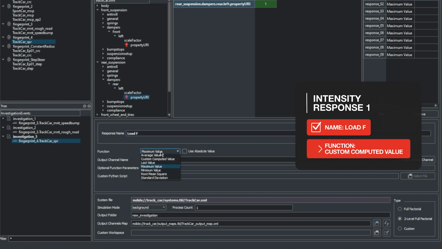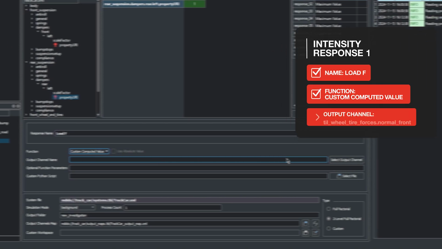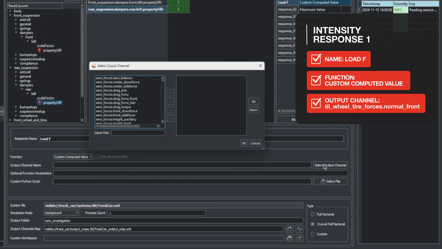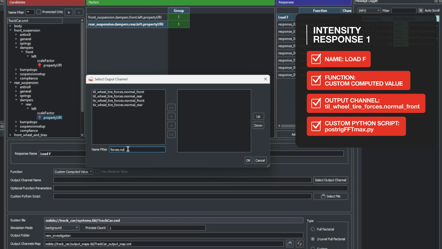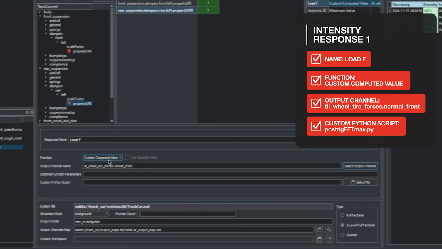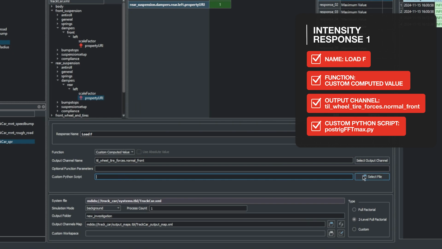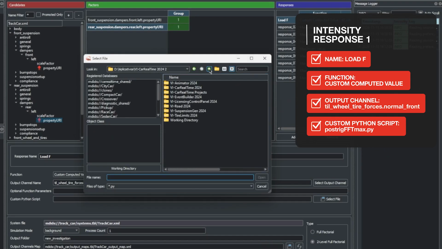Set its function to Custom Computed Value, and for the output channel, browse for the Tire Forces Normal channel for the front left wheel. We will use one of the custom Python scripts provided earlier in the video because we want to observe how tire load varies in relation to frequency instead of time. Navigate to the scripts folder and select postrig